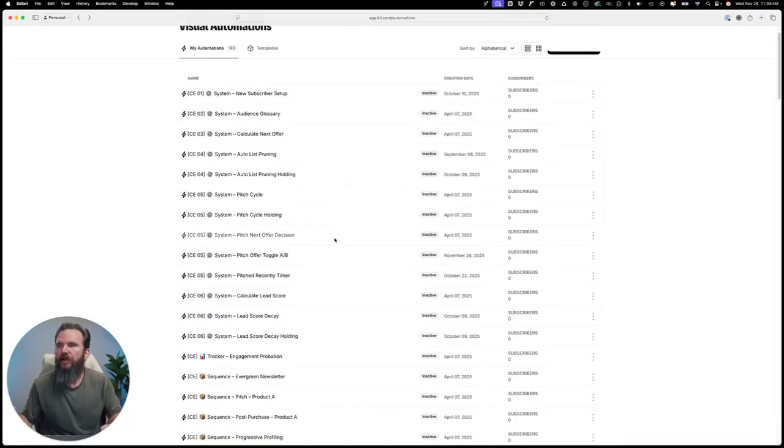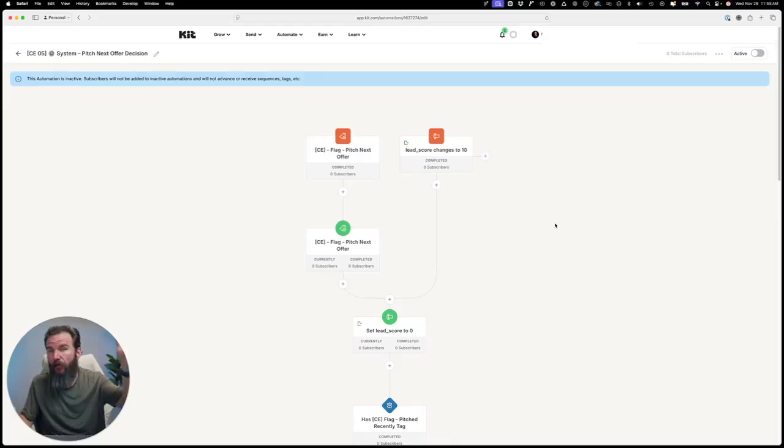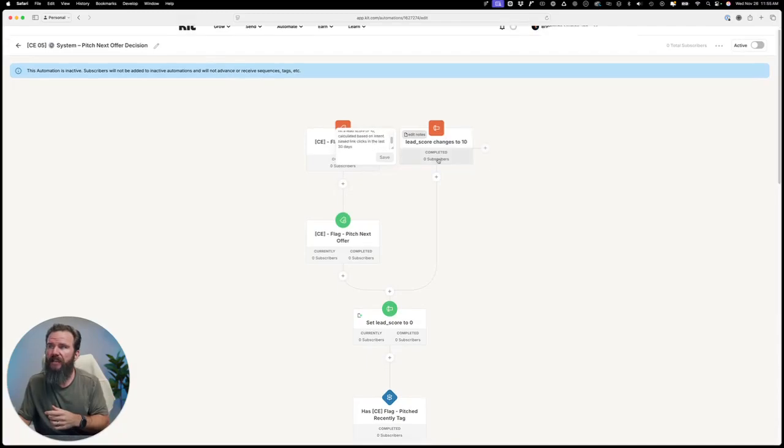Okay. Then pitch next offer decision. I have a couple of these, and I do it a couple of different ways. We either add them via flag tag or when the lead score changes to 10 or 5 or 30 or whatever it is. Also, we have a lead score decay, which I'll show you, which eats away at this